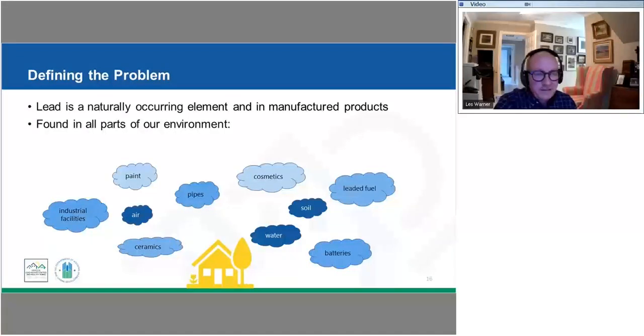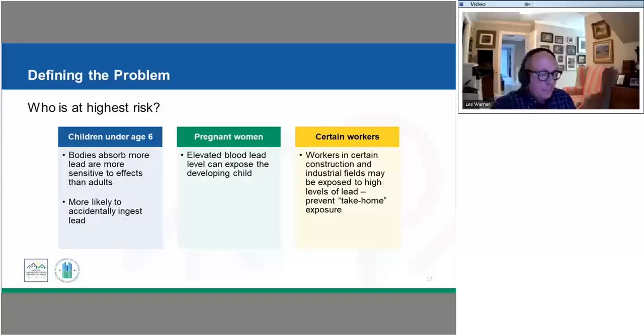So next, let's talk a little bit about how does that impact people? Well, particularly, we have some high-risk groups. Children under the age of 6, their bodies are developing, and their bodies then absorb more lead, and they're more sensitive to the effects of lead than we generally see with adults. Most of that's something that's accidentally ingested, and we'll be talking about those sources of lead, such as chipping, peeling paint, but also dust that's being generated from friction surfaces,